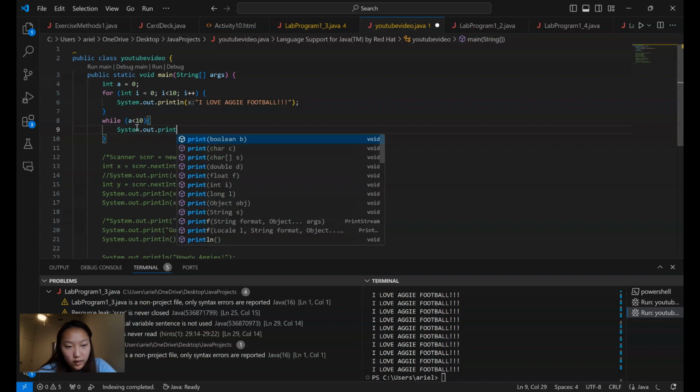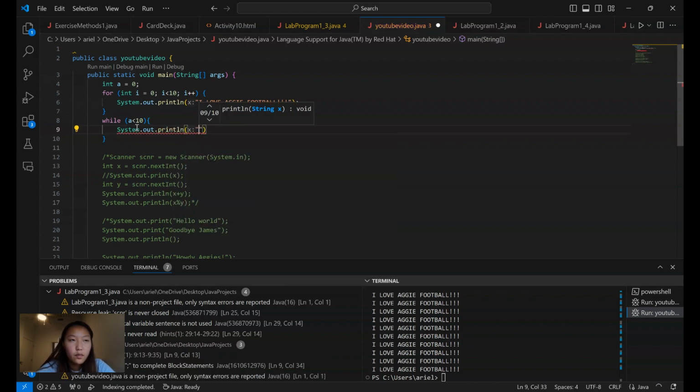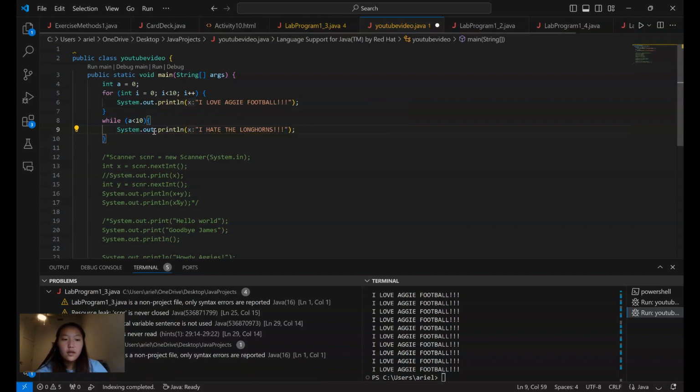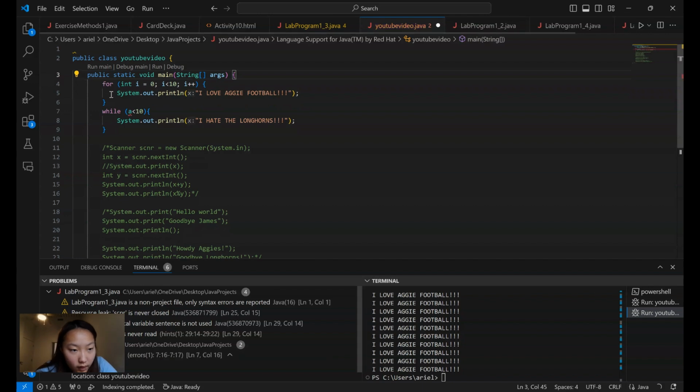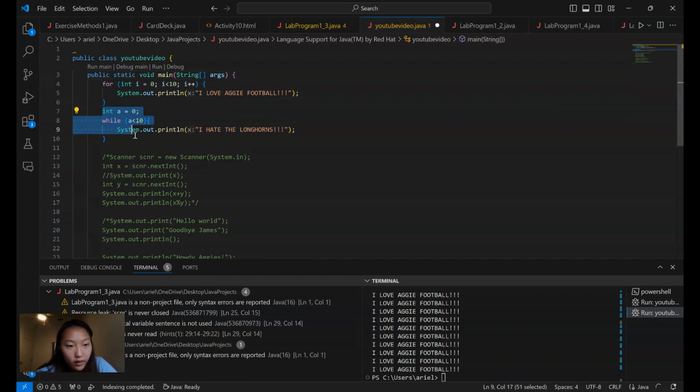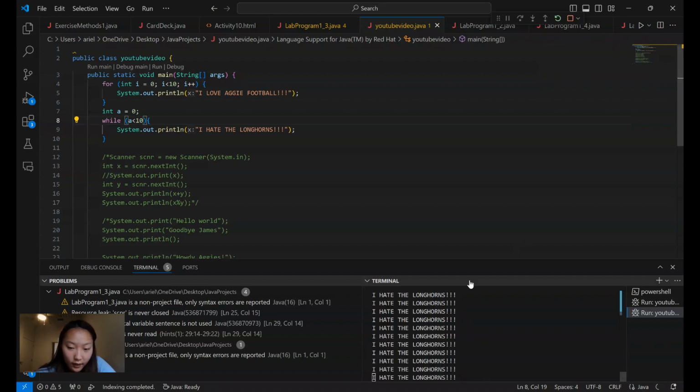So while a is less than 10, let's find a different statement, but quite similar. Let's say System.out.println "I hate the Longhorns." So it's saying that we don't need all of these extra words. We just need this line right here and this tiny while condition, a is less than 10, and this is the print. So we know that it'll increment by 1 because this is a while loop, right? And so then when we run Java, it prints out